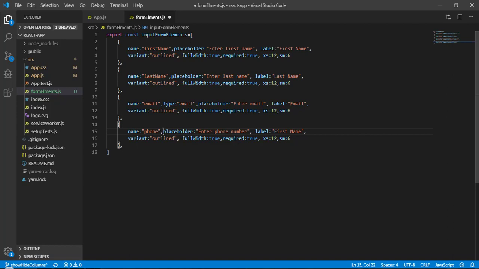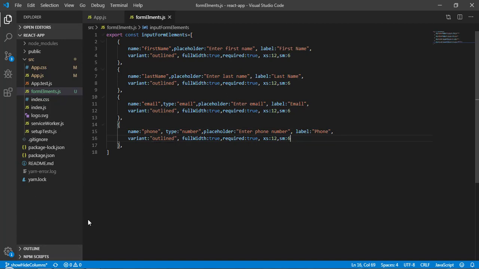And let's add type here, and we want type to be number, because this phone number is always going to be a number. So here label phone. Okay, and outline, and these properties are fine.